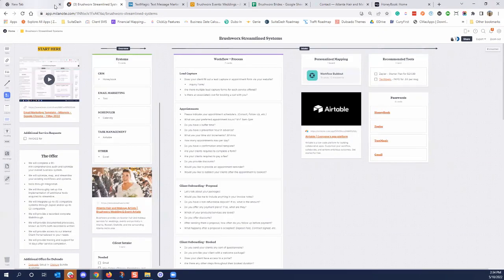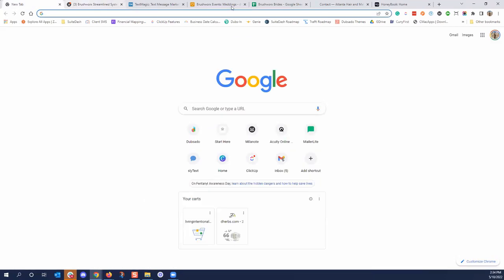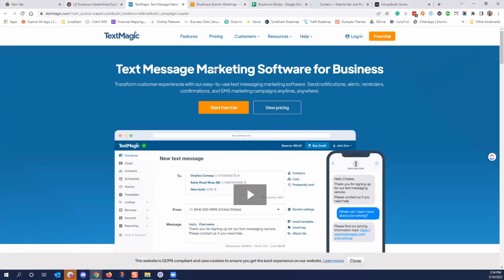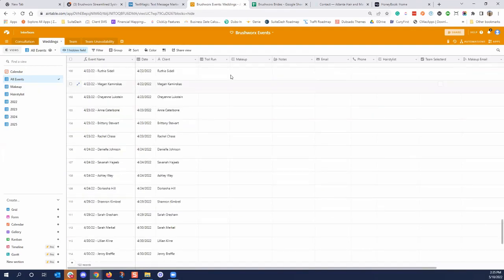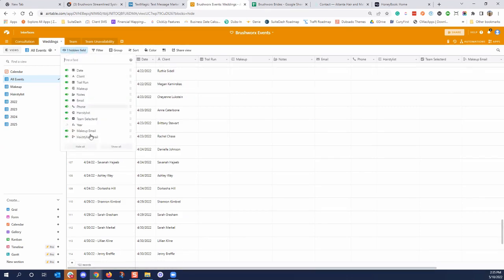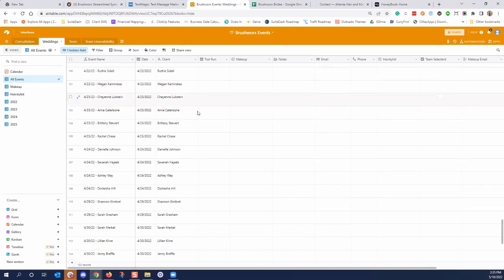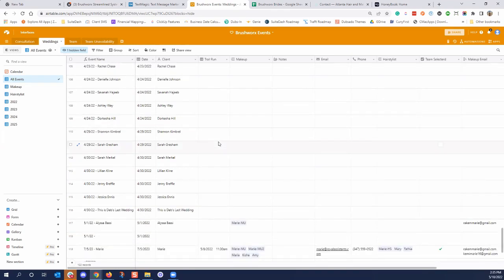So how about this? How about I just automate that, because on here as well, remember we have the option of getting the bride's information on here. So I can have the bride's email address on here and it's hidden. And what I can do is, the day before the trial run, it will send an email reminder to them to say, hey, don't forget this is the trial run date. This could be the same thing for text messages.